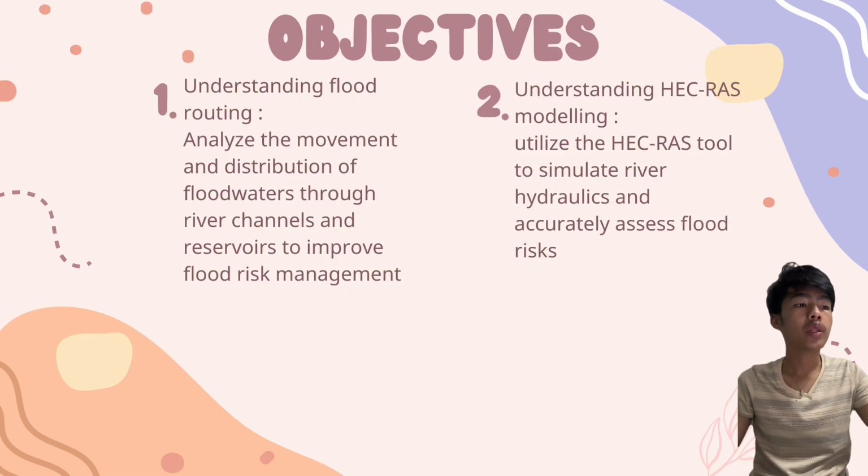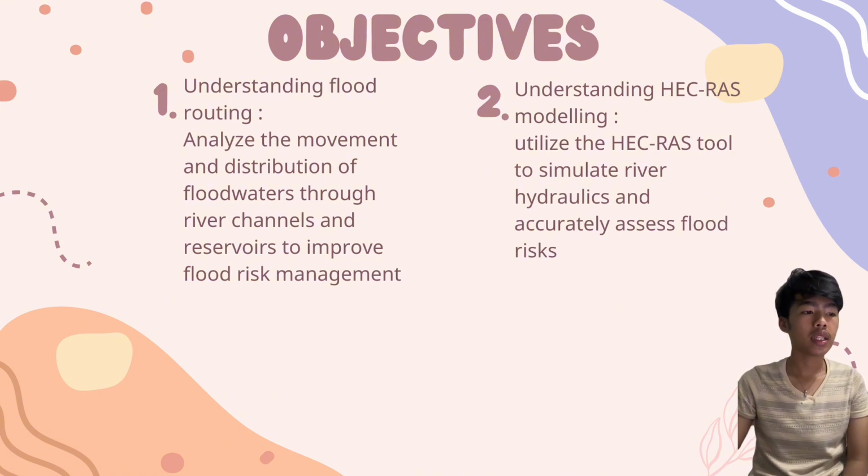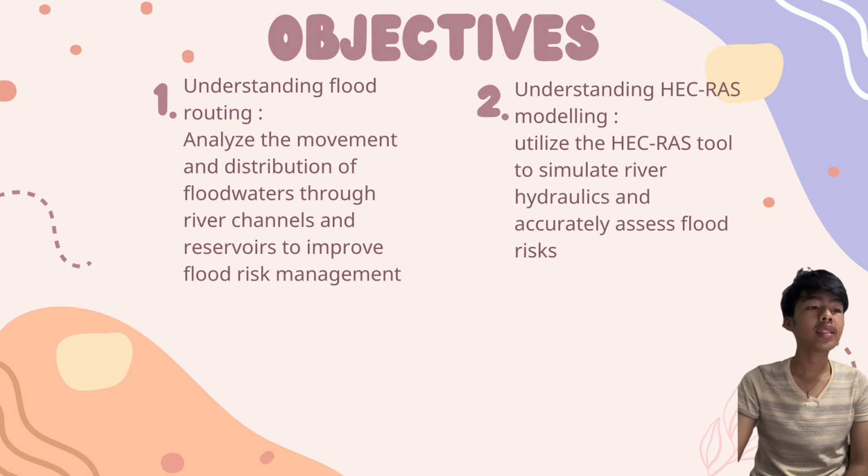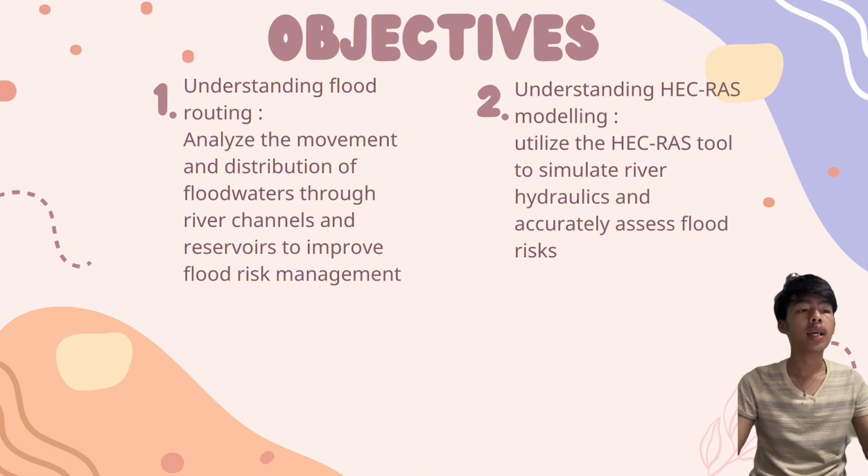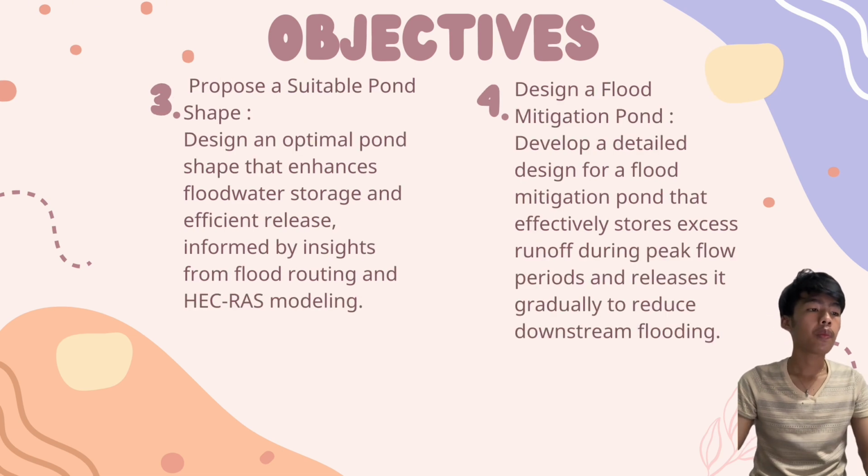Second part, I will present our objectives. First, understanding flood routing: analyze the movement and distribution of flood water through river channels and reservoirs to improve flood risk management. Second, understanding HEC-RAS modeling: utilize the HEC-RAS tool to simulate river hydraulics and accurately assess flood risk. Third, propose a sustainable pond shape: design an optimal pond shape that enhances flood water storage and efficient release, informed by insight from flood routing and